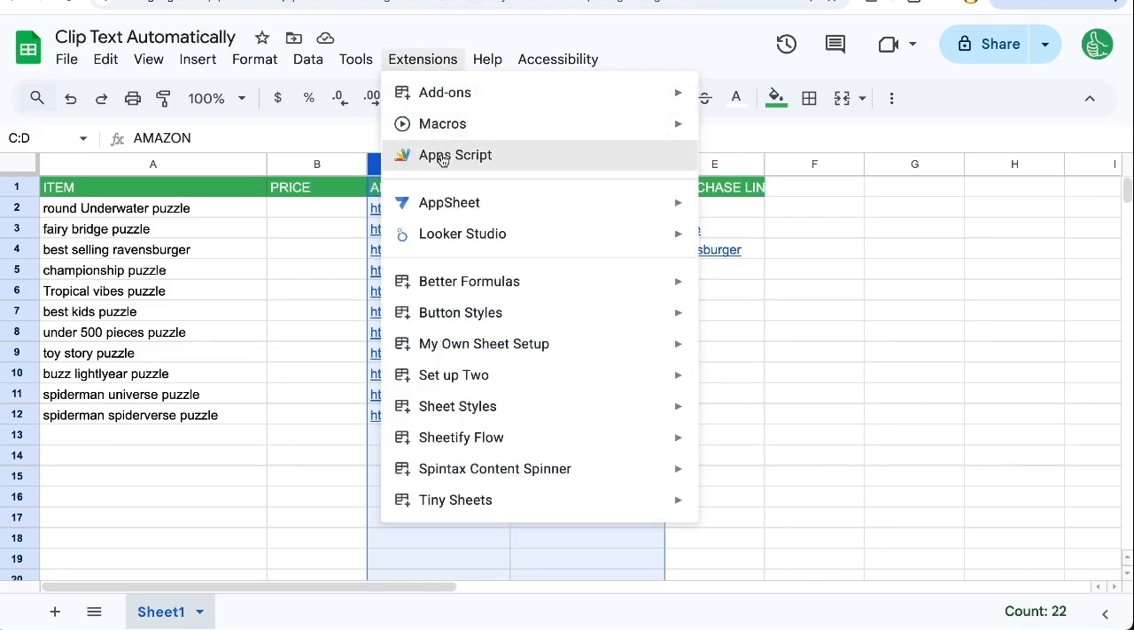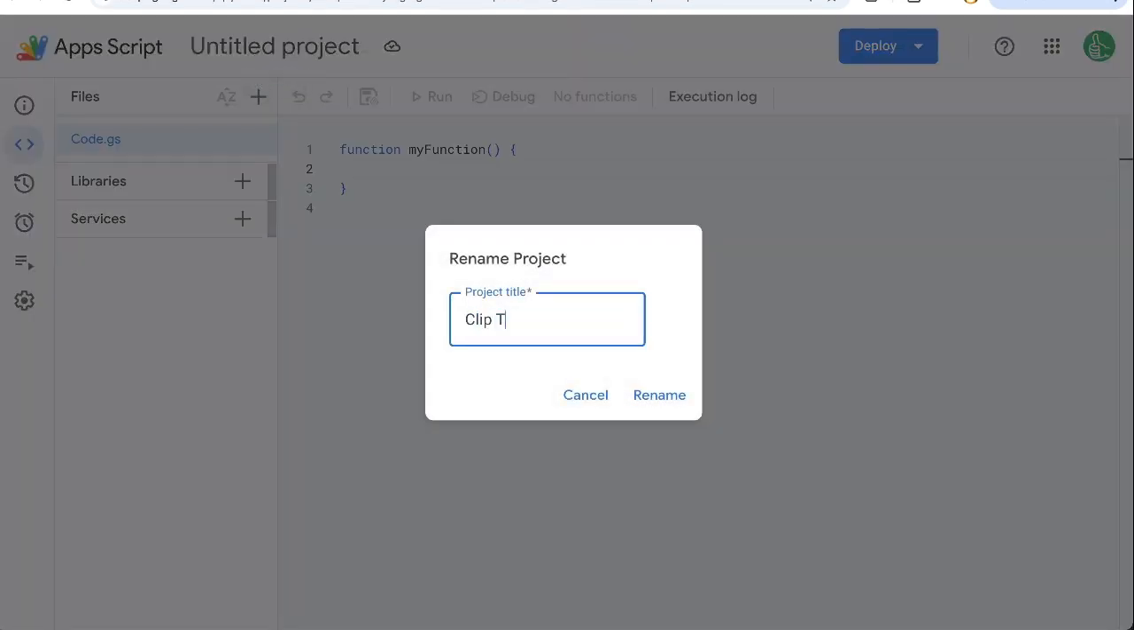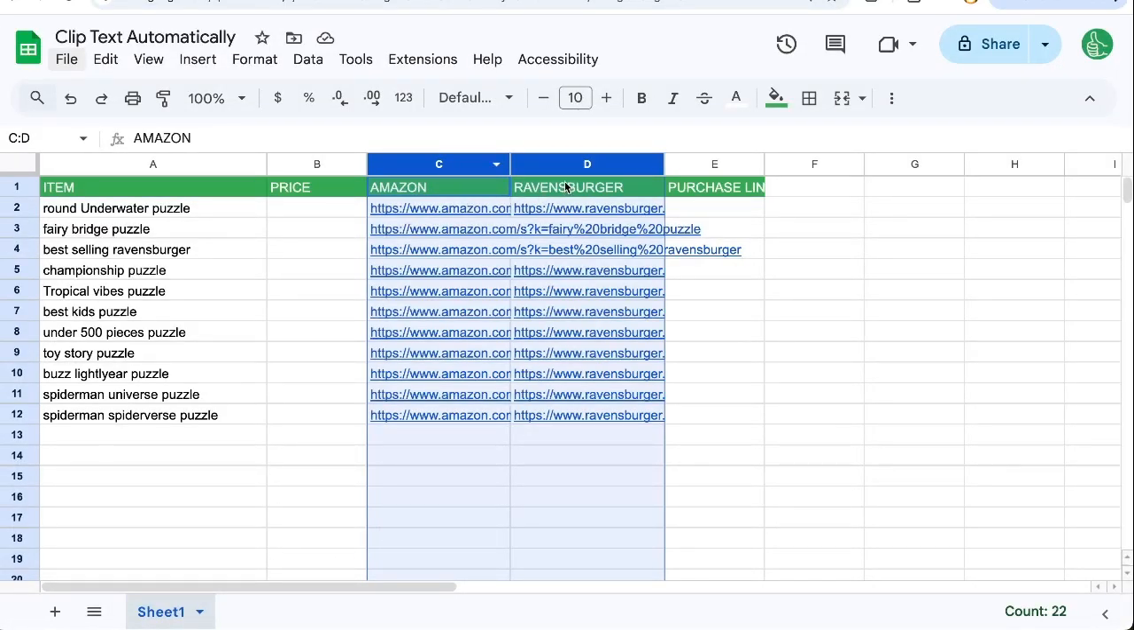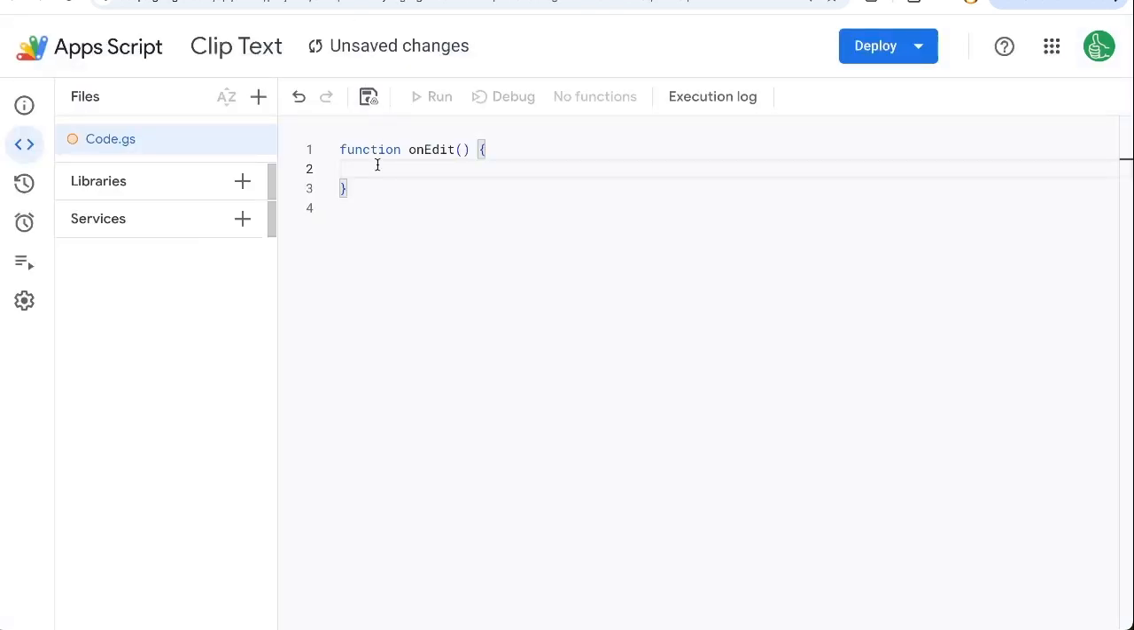Go to Extensions, Apps Script. I'm going to name this clip text. We're going to write a function here, onEdit. Now this function is a built-in function. We just have to type the words here. And we're going to say every time we edit something, these two columns, C and D, on Sheet1, let's say, are going to be clipped. So let's do